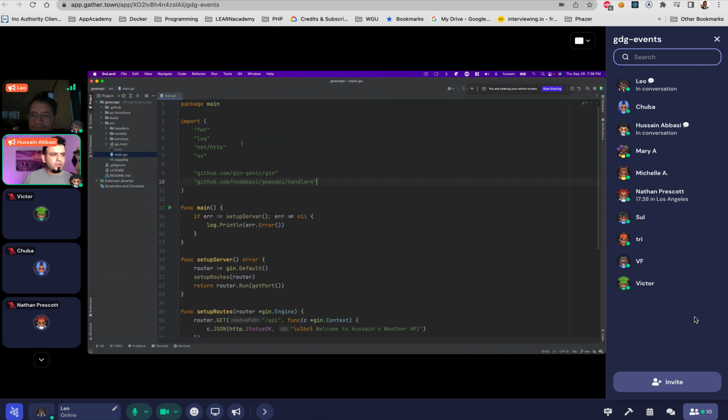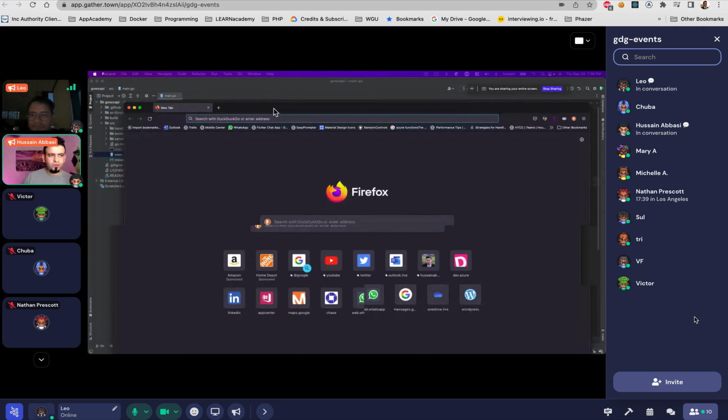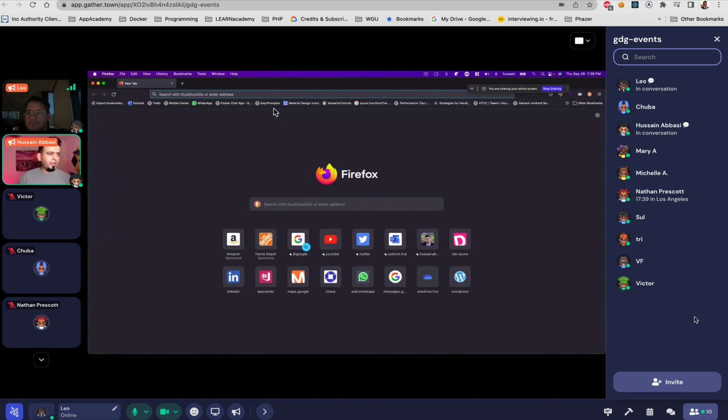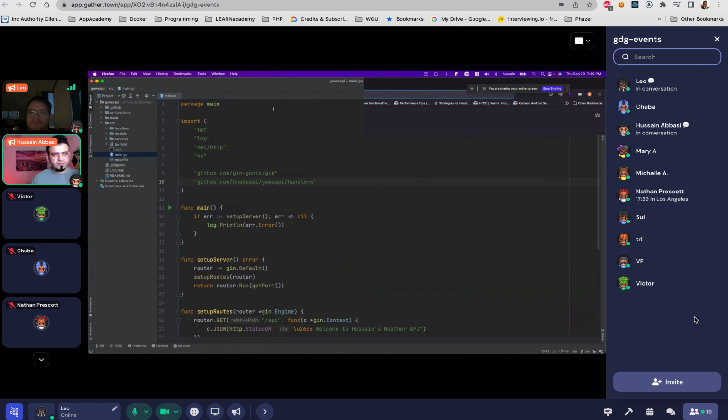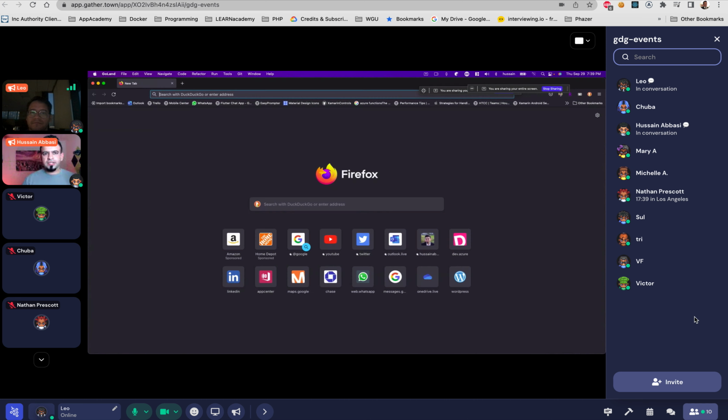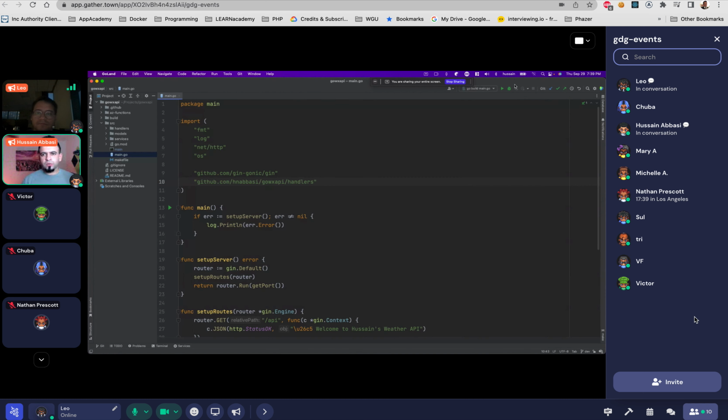So this is Go. As I mentioned before, this is an API that I want to show you how it works and what it does. How about we do that first so you know what you're looking for. So I built an API. Let's go ahead and run it now. I don't want to go elsewhere. Let's go ahead and run this.